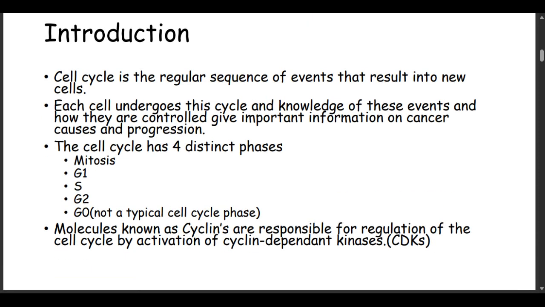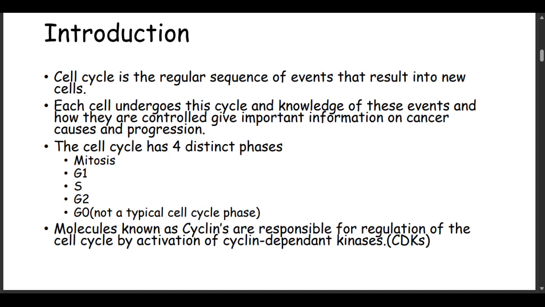So basically, when you talk about the cell cycle, we're talking about the regular sequence of events that results in new cells. So a cell cycle, we're talking about the cell starting from when it's just a new cell, all the cycles that are going to happen, its growth, and all up to its maturation and division, basically. So that's what encompasses what is known as the cell cycle. So each cell will undergo this cycle, and